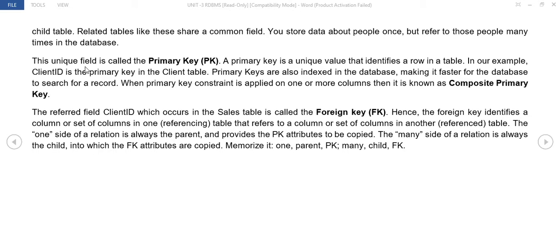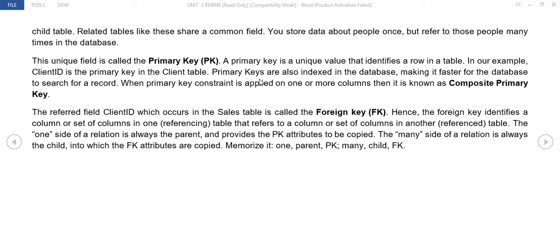This unique field is called the primary key, PK. A primary key is a unique value that identifies a row in the table. In our example, client ID is a primary key in the client table.